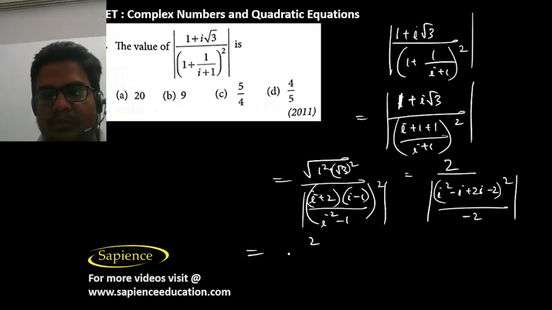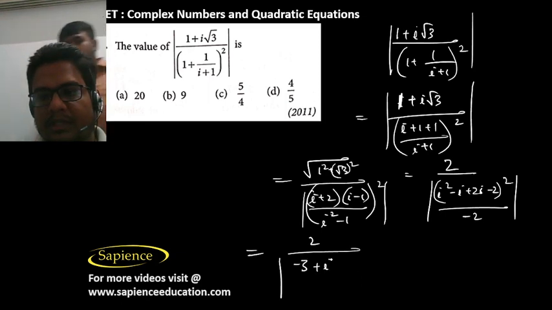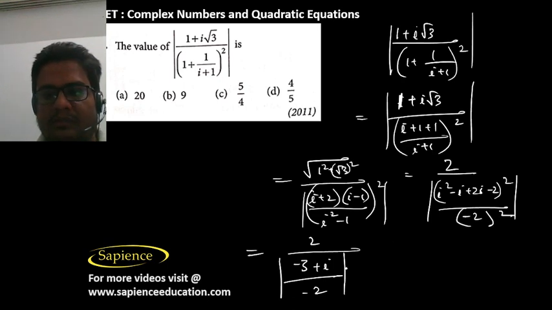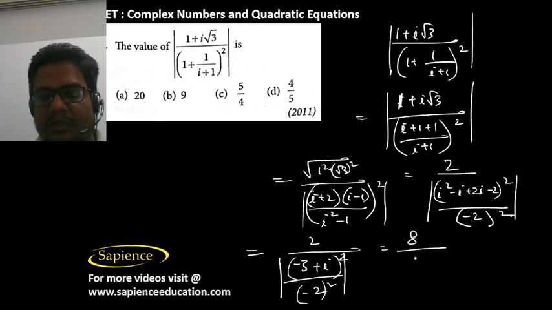That is minus 2, so mod of that. So this will be equal to 2 by mod of, i square is minus 1, so minus 3 plus i divided by minus 2. So whole square of that, we have to take the square of this. So this will be 2 square, that is 4. So 4 will go up, 4 times 2 is 8. 8 by mod of the square of this, (i minus 3)